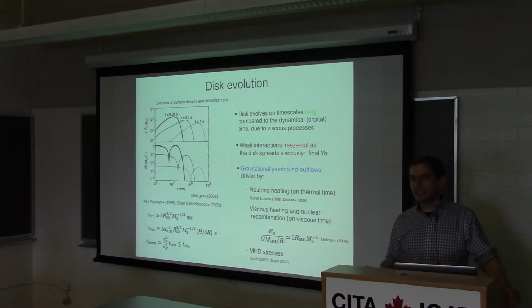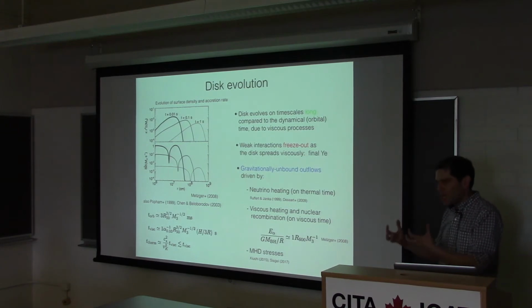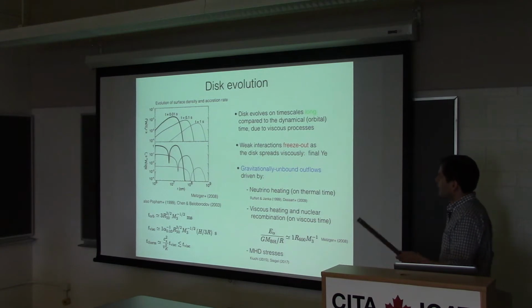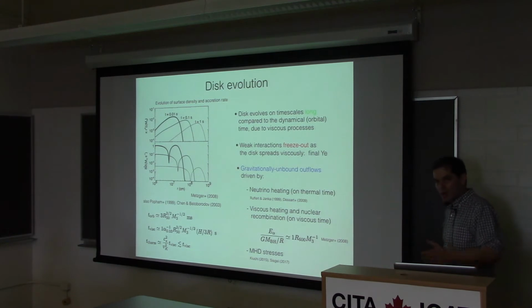But the point is that ejecta coming from the disk was not known to exist as a significant contributor 10 years ago. It was thought that this disk ejects mass, but the quantification of how much and what kind of composition is only relatively recent in terms of our understanding of it. So there was early work by Brian Metzger looking at the long-term evolution of this accretion disk and how the viscous evolution,